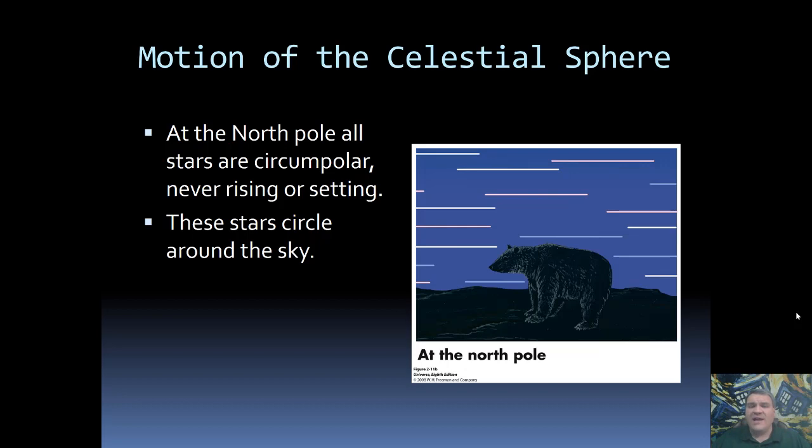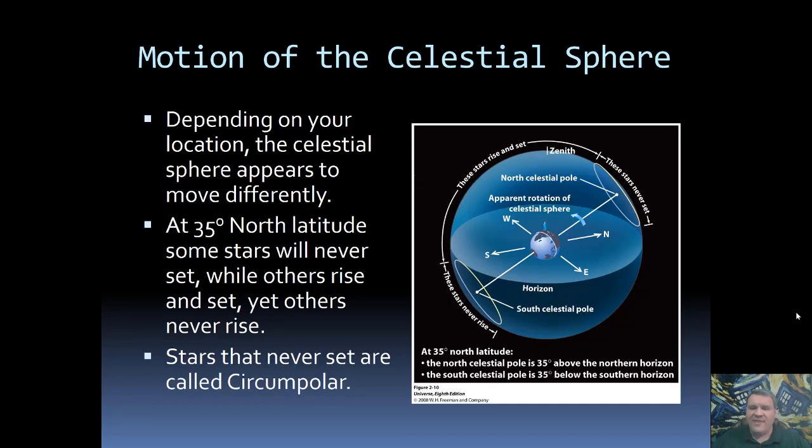If you're standing right on the North Celestial Pole, so going back up to this image, if you move towards the North Celestial Pole, notice that this region that is always blocked is going to grow and grow, and this region that is never blocked is also going to grow and grow. So if you're standing at the North Celestial Pole, what this means is that half of the sky is now circumpolar, and the other half is always blocked from view.